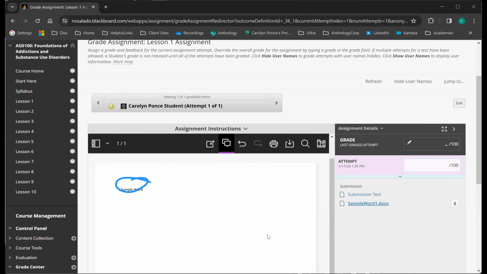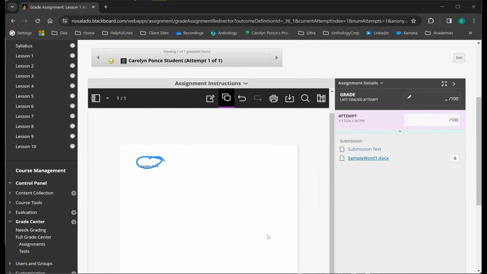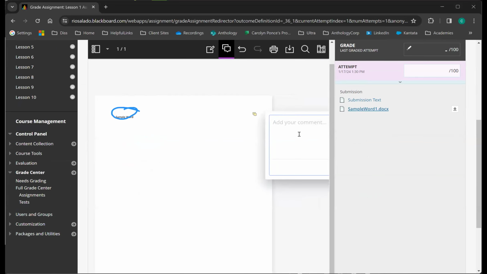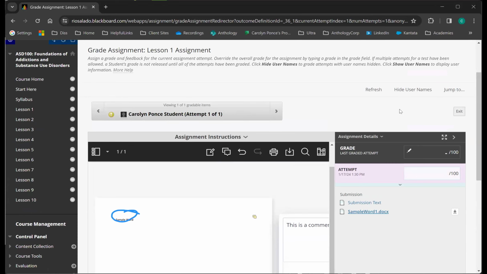The comments, now I've got my screen a little big here. If you do put in comments, they show off to the side, so your users may need to scroll over. I have some vision issues, so I have to have everything huge. But you can add comments. They look like little sticky notes on the page. This is a comment. Okay. And then you can provide their grading. So use the annotator, mark up what you need, and then you can grade.